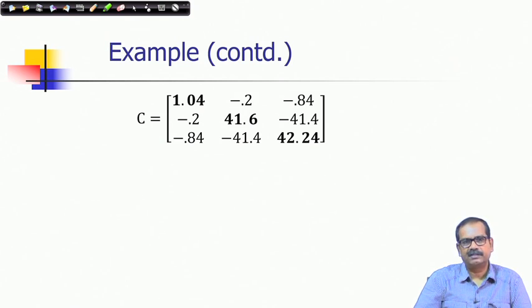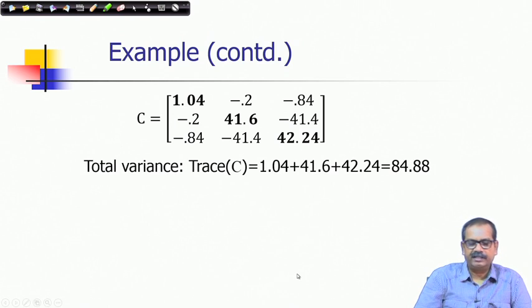If you note that the maximum variance is actually in the third component in this particular data set, which has been given in its original form, and also there are high correlations between the factors, because if you note the corresponding off diagonal terms, you will find that these terms are quite significant. So, the total variance is the sum of all these diagonal terms. So, if I take the diagonal terms, you can see the total variance is 84.88,